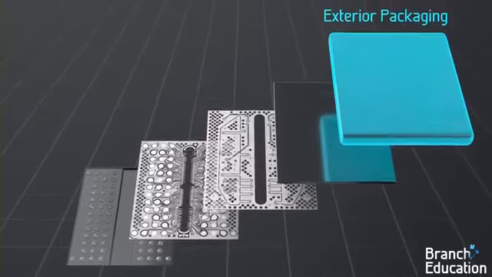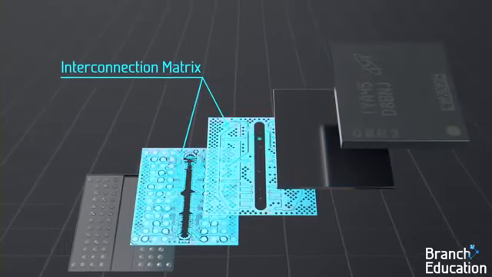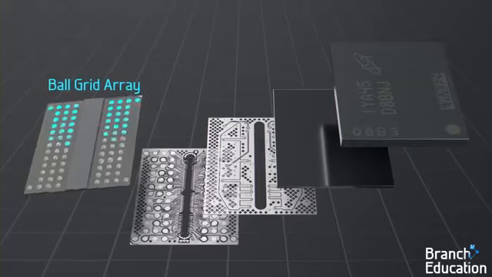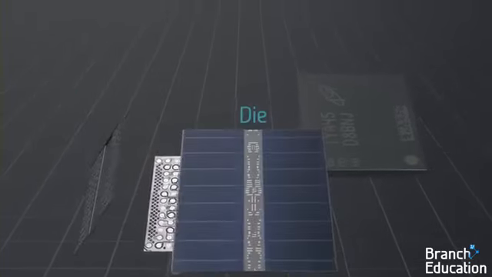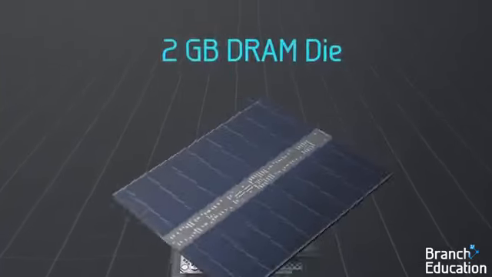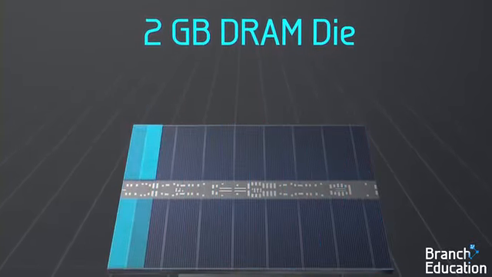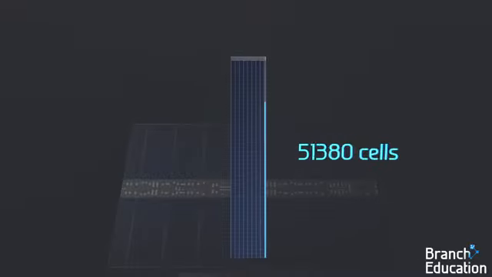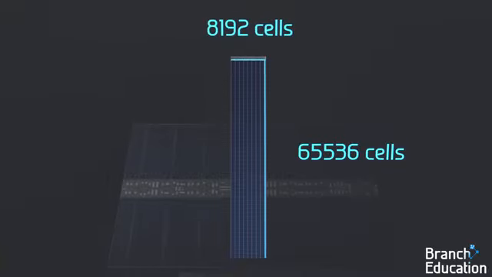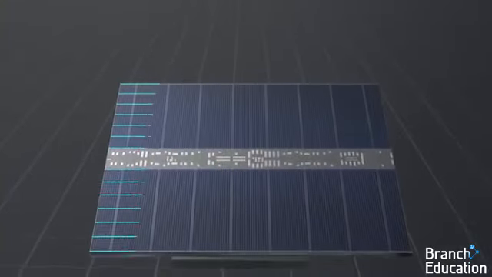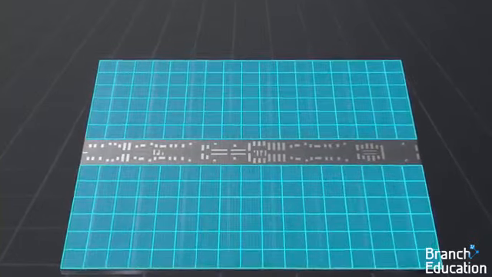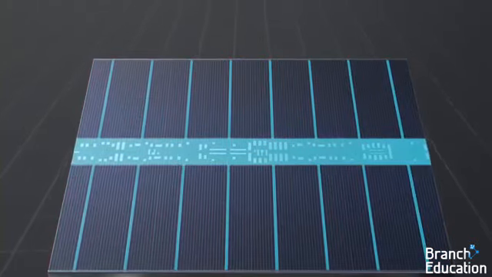Inside the exterior packaging, we find an interconnection matrix that connects the ball grid array at the bottom with the die, which is the main part of this microchip. This 2 GB DRAM die is organized into 8 bank groups, composed of 4 banks each, totaling 32 banks. Within each bank is a massive array, 65,536 memory cells tall by 8,192 cells across, essentially rows and columns in a grid, with tens of thousands of wires and supporting circuitry running